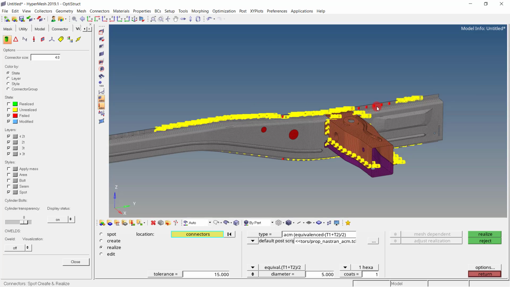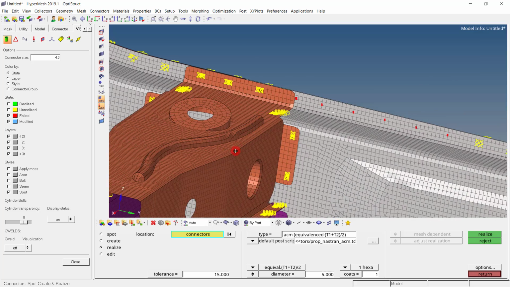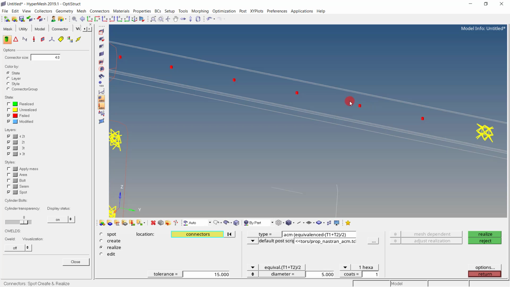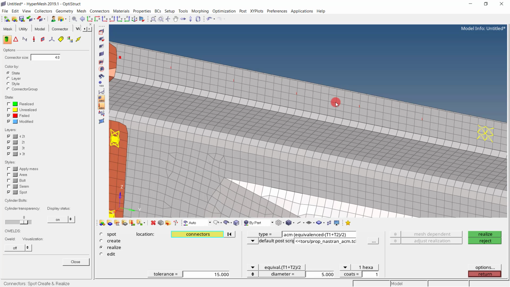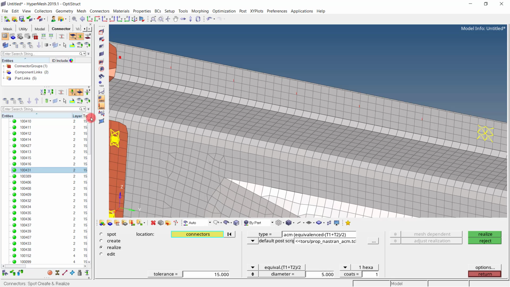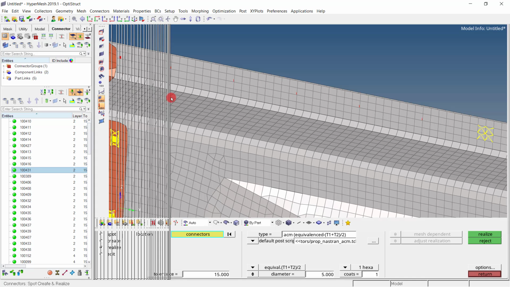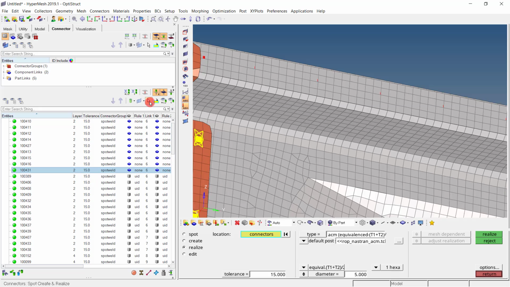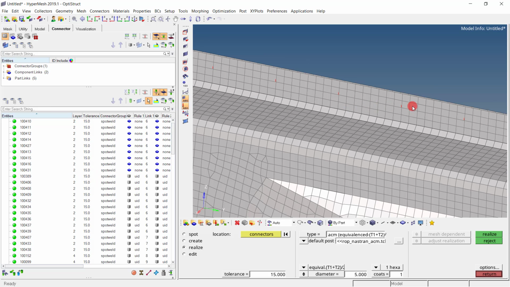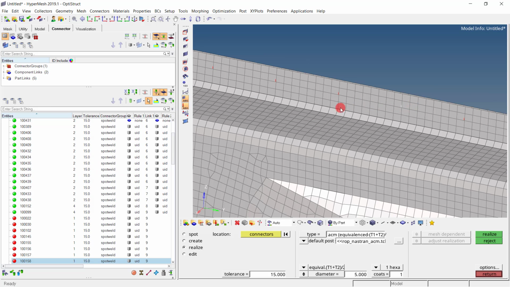And then again we have to do the same thing. For example, here I can zoom in and see, oh, these components have not been successfully converted into the realized one. So to check why these components have not been converted, we can simply go for connector browser. Here let us expand this window. Here you will find the selector button. So click on this and simply select one connector.